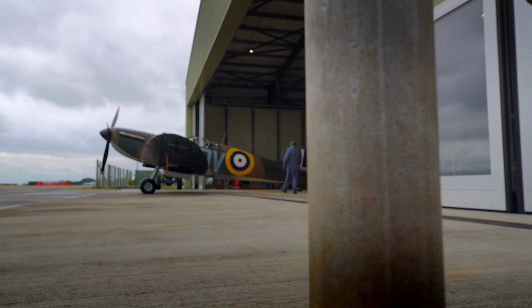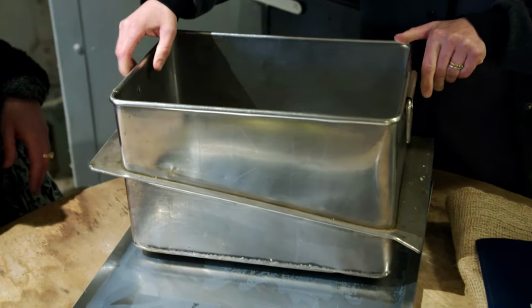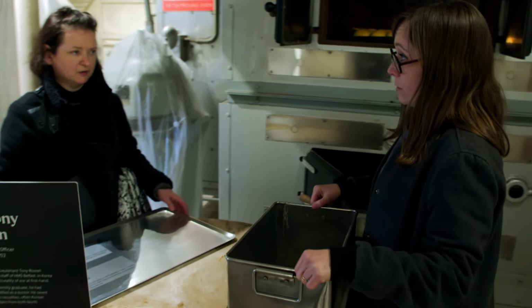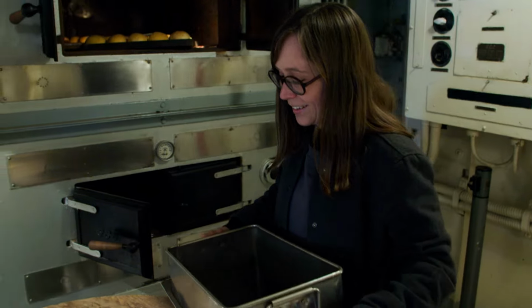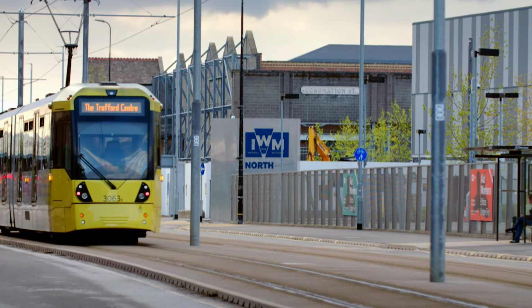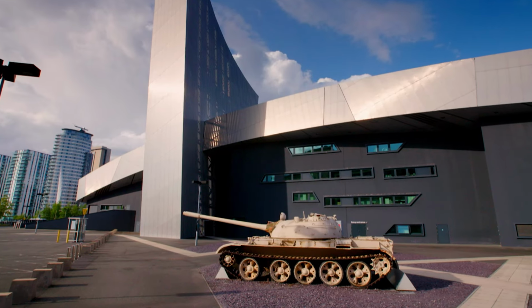All across the museum sites, staff are hard at work. From curators checking uniforms before they go on display at IWM London, That looks really great. I'm really, really pleased with that. to the galleys of HMS Belfast, where the exhibitions team are recreating that fresh bread smell. They're going to make moulds out of these, so the bread will be exactly the same size as these. So massive loaves. Meanwhile, 200 miles away in IWM North in Manchester, visitors are walking amongst some of the